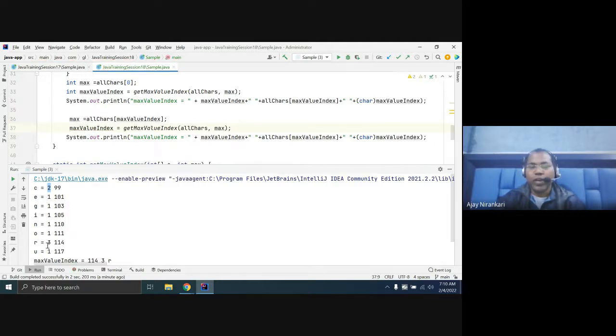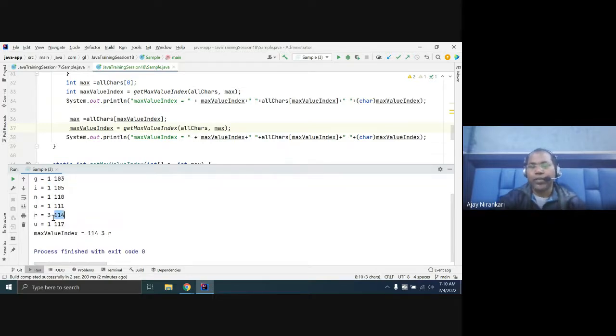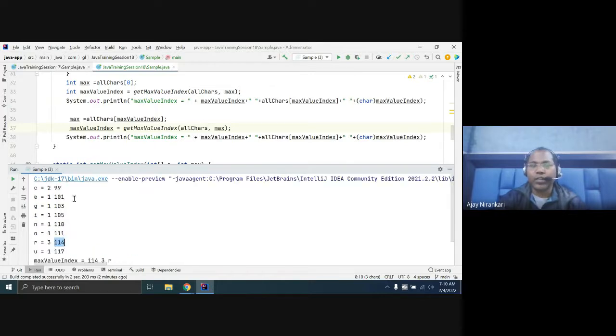So now you find R 3 times. Now you find C. Means this method, the same way as you find R 3 times, similarly you need to find the next. Next is your C 2 times.